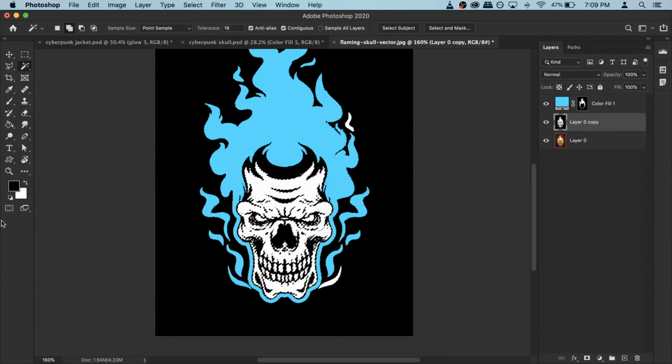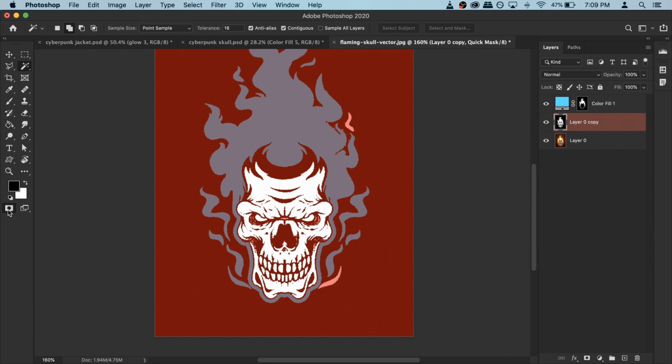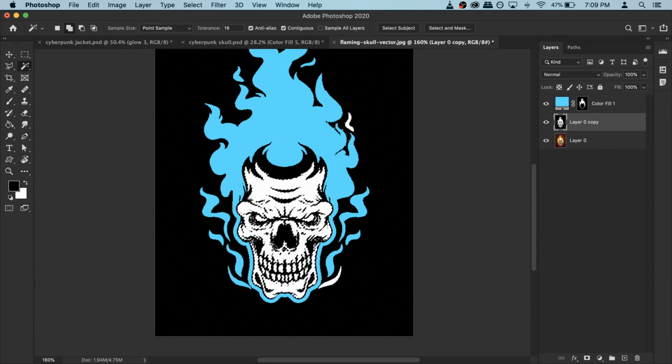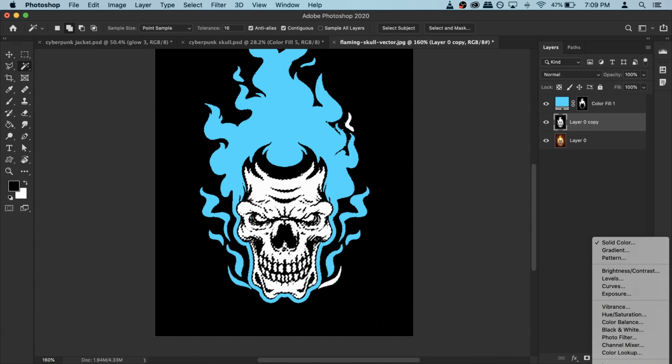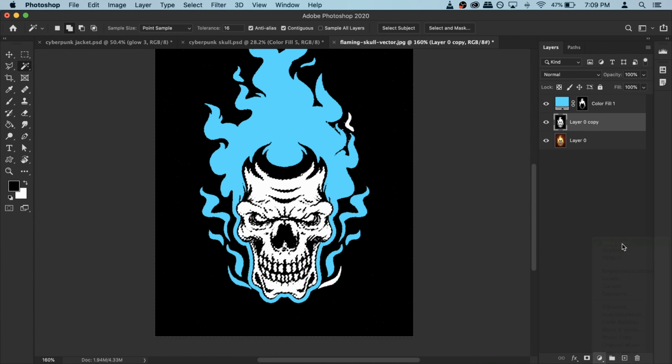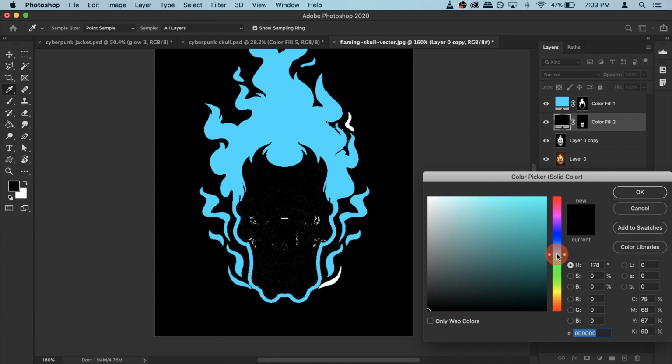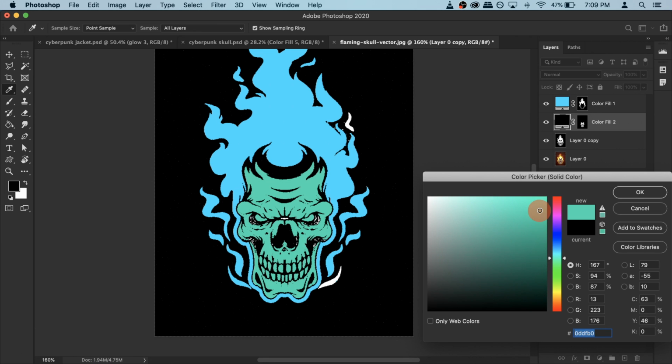So everything is selected. Let's just click and make sure, yep, looks good. So it has been selected. Now I'm gonna go and do the same thing, adjustment layers, and then get another solid. And this time I'm gonna get a bit more aquaish color. Yes, so I'm gonna make it a bit more greenish because I need clear separation between blue and greens. So this looks good, and then hit